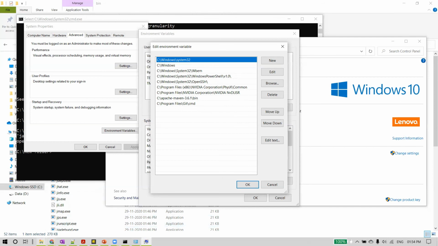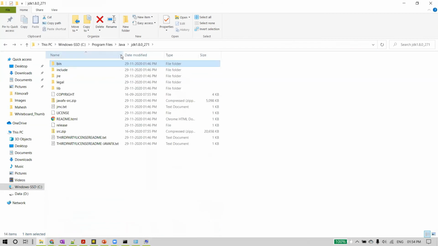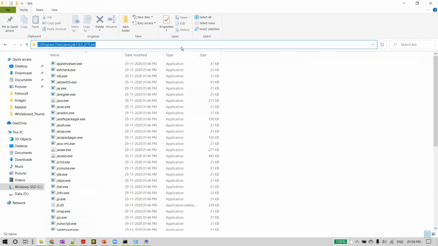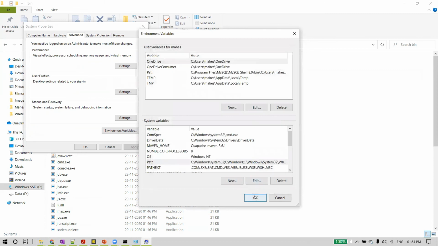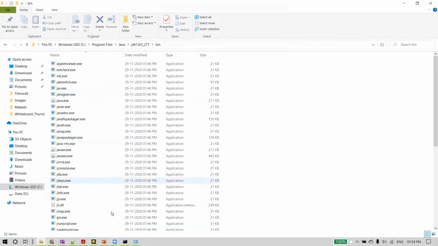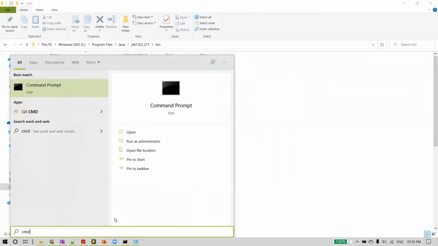As for how to set it, just go back to this location where we have jdk bin java.exe. Copy this path, and be careful here, because modifying anything existing here will make your system behave abnormally. Just click on New here and paste the path you copied for Java. All right, now click OK here, OK again, right? We always need to open a new command prompt window whenever we make changes, as the existing command prompt window will have the old configuration.